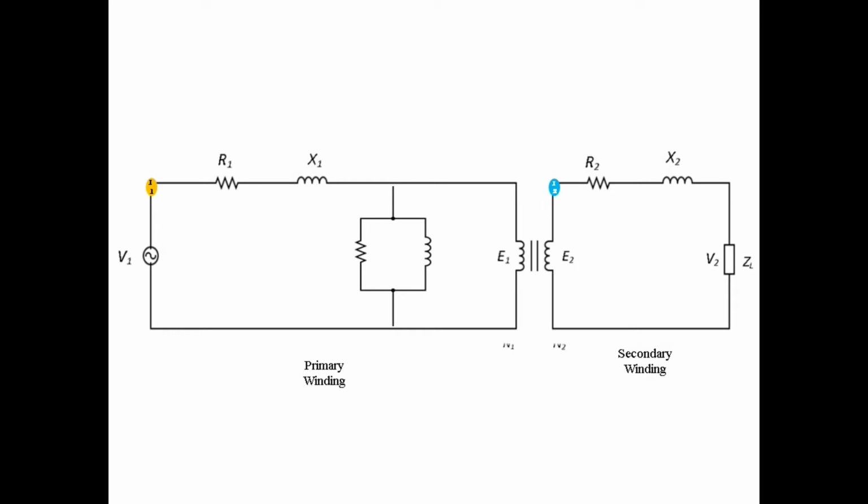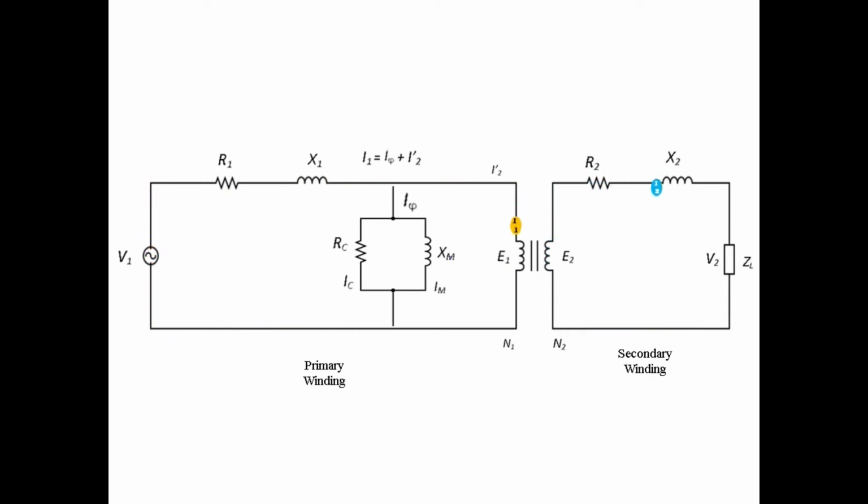N is the turns ratio, and I1 and I2 are the currents flowing in the primary and the secondary side of the transformer. I1 has two roles. One, it sets up the mutual flux in accordance with Ampere's law, and two, it balances the demagnetizing effect of the load current in the secondary winding, denoted by I-phi and I'2 respectively. The mutual flux has a resistive and inductive component Rc and Xm, where Ic and Im are the respective currents.